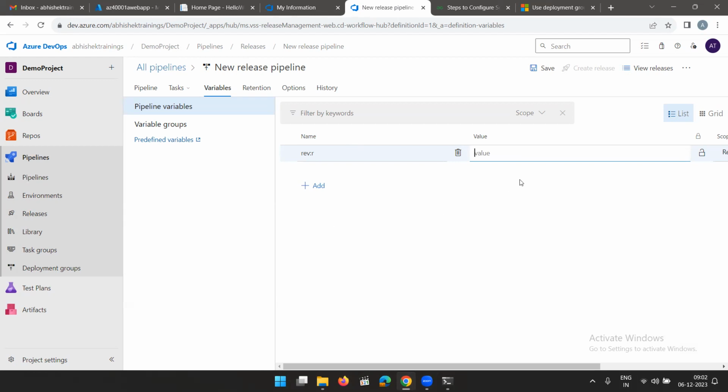Okay, so if I do 1.1 here, it will hard code that version 1.1 in the variable section. If you don't want to hard code, you want it to go automatically, so that after 1.1 it should go to 1.2, then 1.3, then for that purpose you have to do some automation. What kind of automation? You have to add some PowerShell script. Okay,